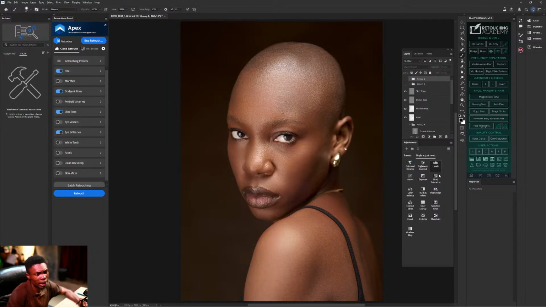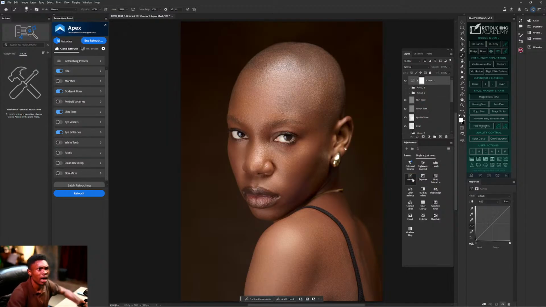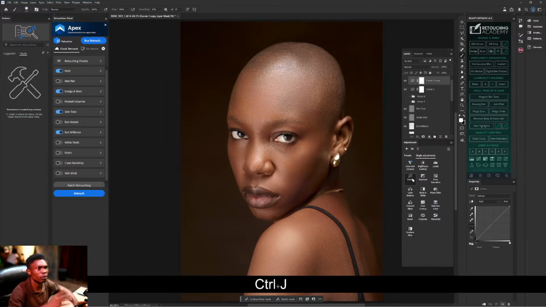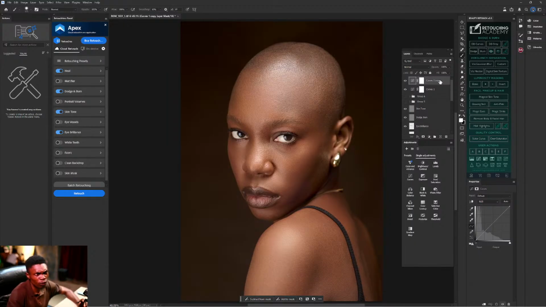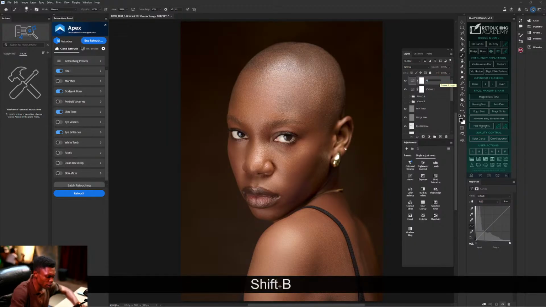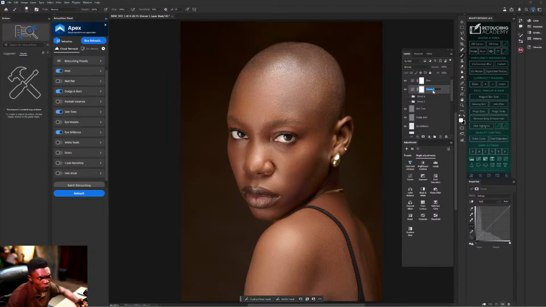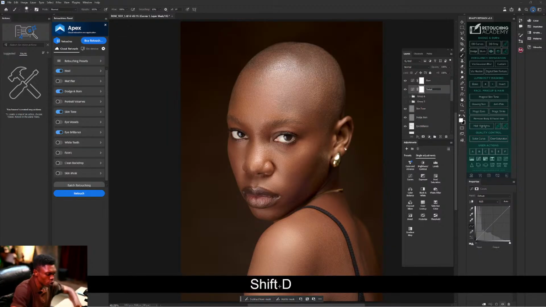Make I show na pattern 3. This pattern 3 now, the first one we use Retouch Academy. This pattern 3 now we dey use curves. I don click on curve, make I duplicate am into 2. So this first curve now, make as I dey do before, I go name am burn. Una know wetin una dey do for me o. I no dey disorganized when I dey do my work o. I no dey rename all those things. I go just use am dey work like that. Then I go name this one dodge.